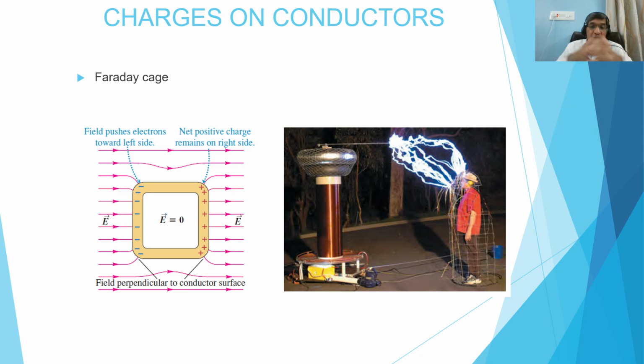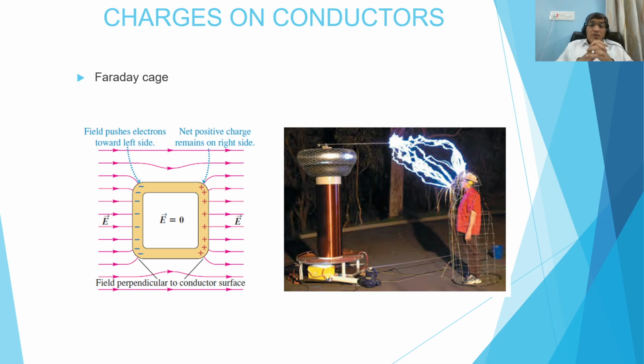So if there is rain and you have lightning in the sky, to save yourself you just sit in your car, because a car is a very good conductor case, and no lightning can be transferred through the car because you sit in the conductor. And if you sit inside the cavity which is surrounded by the conductor, you are perfectly safe from the effect of the outside electric field.